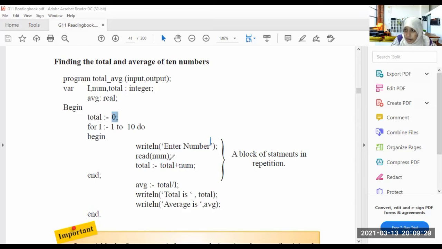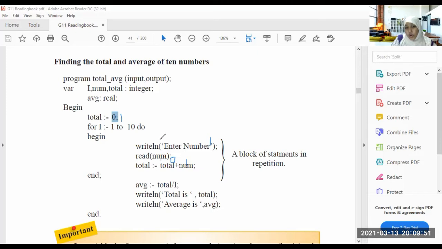Then it reads the number 1, and this num is 1, right? And the total is 0 for now. So it will calculate the total as 0 plus 1. So now what is the total? 1.